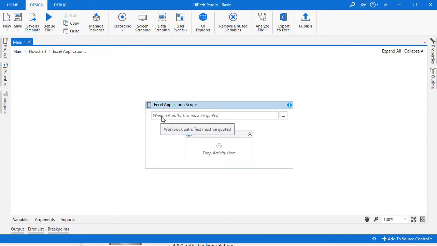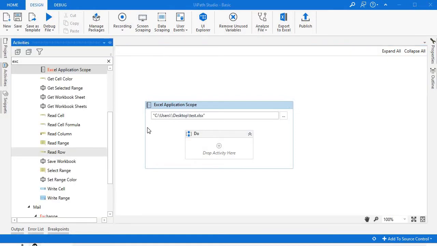Next, you need to give the workbook path of that Excel file. So I have given the location.